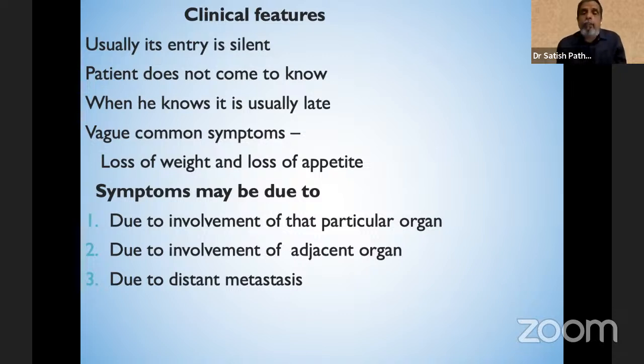Now, suppose it is an involvement of the particular organ. Suppose he gets a stomach cancer. So what will happen? He will get pain in the abdomen. He will get loss of weight, loss of appetite. Loss of appetite means he will not feel like eating. He will not feel hungry. There will be frequent indigestion. So this is about the stomach. If it increases, if it is not diagnosed, what will happen? Next to this is what is here? Liver, then spleen. So if it gets involved, then what will happen? He may get jaundice, he may